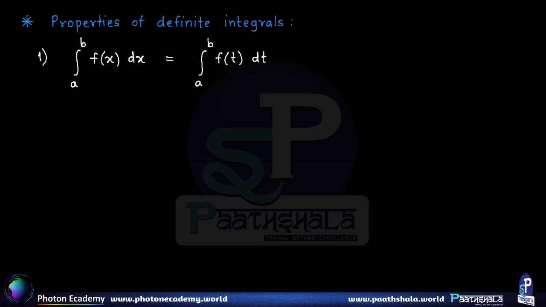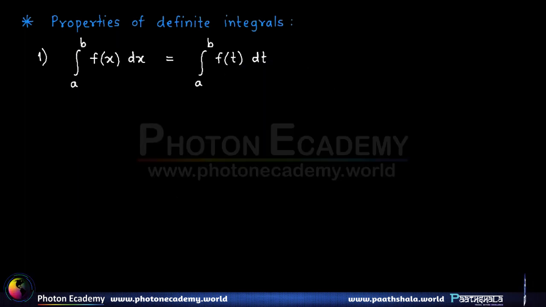Now let us study the different properties of definite integrals. The use of these properties is that it simplifies the evaluation of many definite integrals, so therefore we have to specifically use them wherever applicable. Now the first property, as it's shown here, says that integral of f of x from a to b is